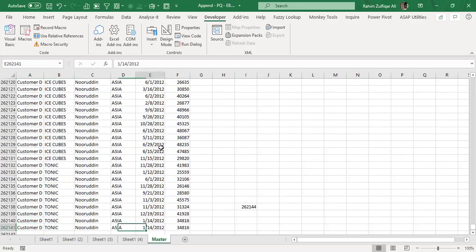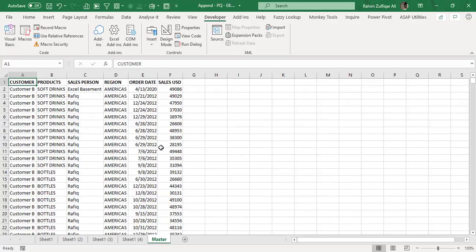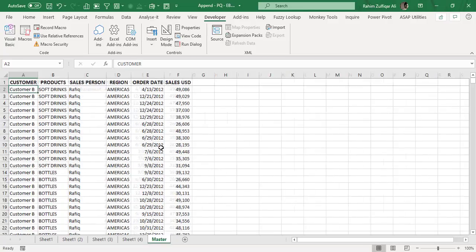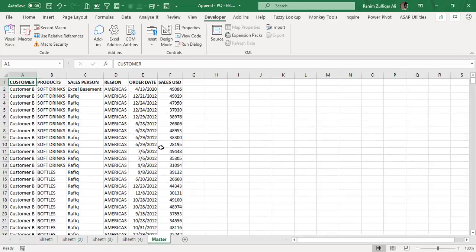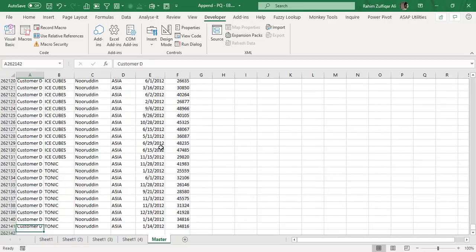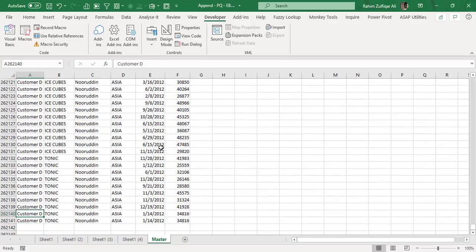So now your data gets appended within 10 seconds by this macro. Very simple, very easy. You just copy the code and paste it, and click on the play button, and from all the 4 different sheets you don't require a manual copy and paste method. Your data gets appended in this newer version of Excel.